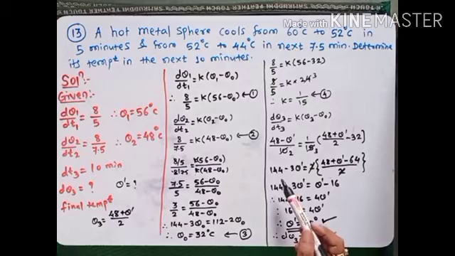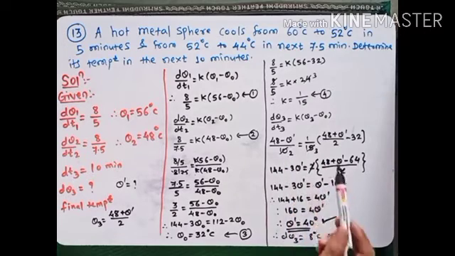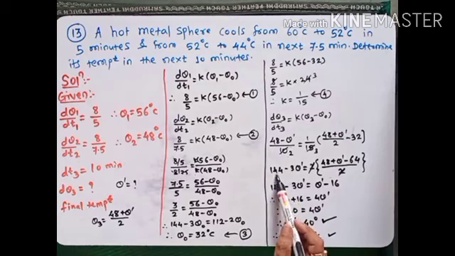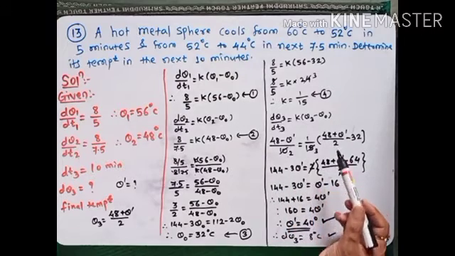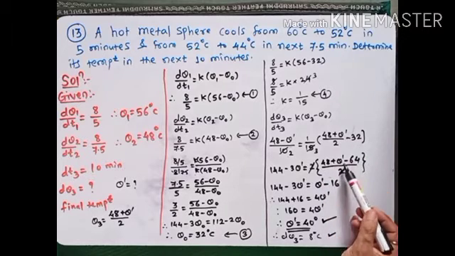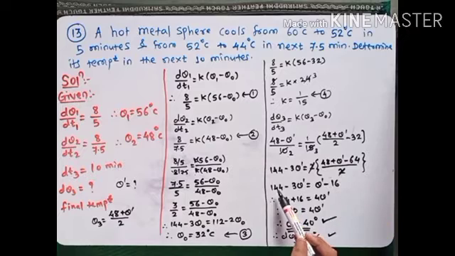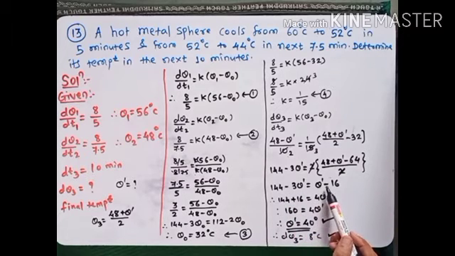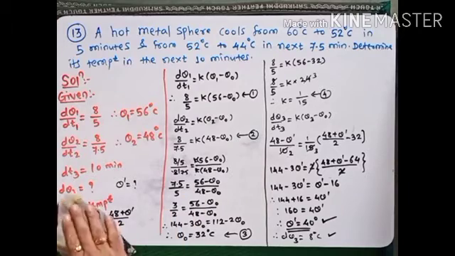This 32 is the room temperature. Then 10, 15, 2, 3 here. Okay, then 3 to this side. 144 minus 3 theta 0 equal to 2 this side, 2 into 48 plus theta dash minus 64 upon 2. The 2 gets cancelled. And 144 minus 3 theta dash equal to theta dash minus 16. And therefore 3 theta dash on this side, 144 plus 16 equal to 4 theta dash. And therefore 4 theta dash equal to 160, and this is our answer, theta dash. This is question number 13. Now we'll see the next one.